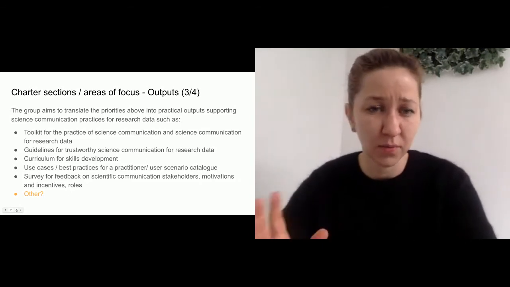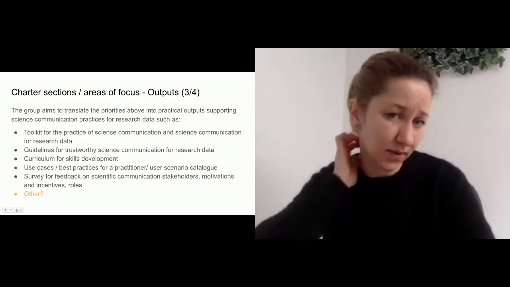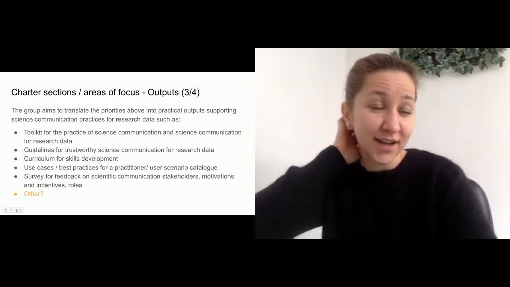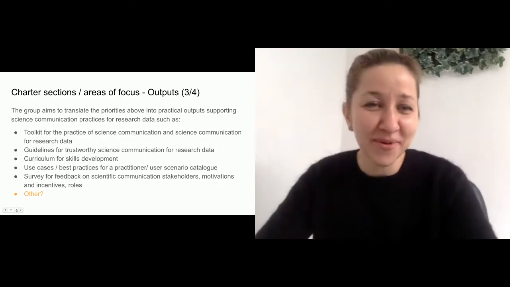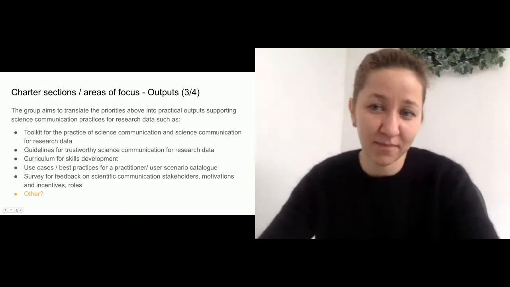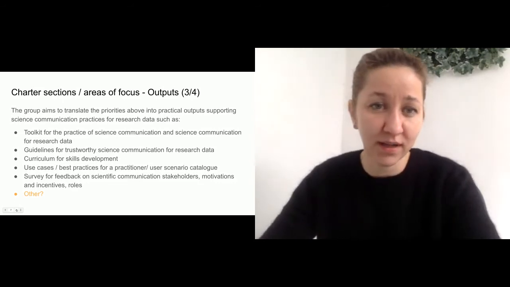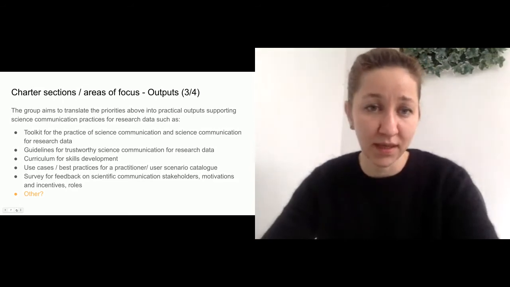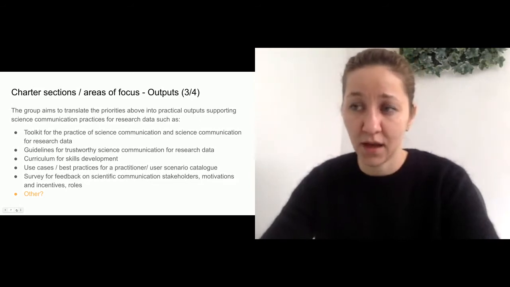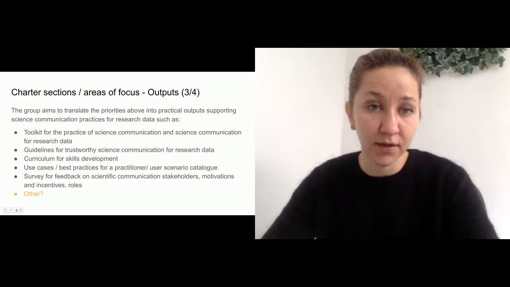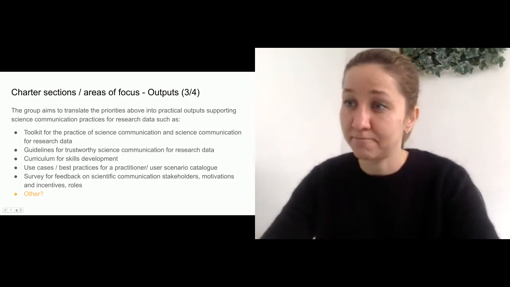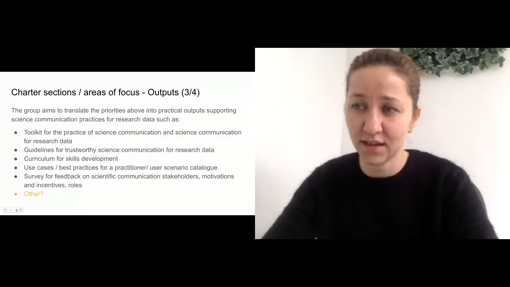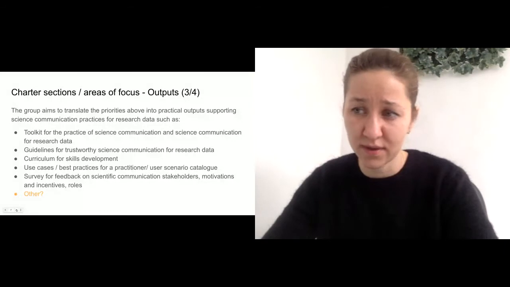But I think that this is one side of the coin that is very important, and we should be trying to structure the work, because it's a volunteer group. So we should be thinking about structuring the work also in very practical terms. So thinking about things that we can do, and outputs that would be useful for the community. So again, are there things that you see in this list that should be maybe prioritized, or things that are missing?